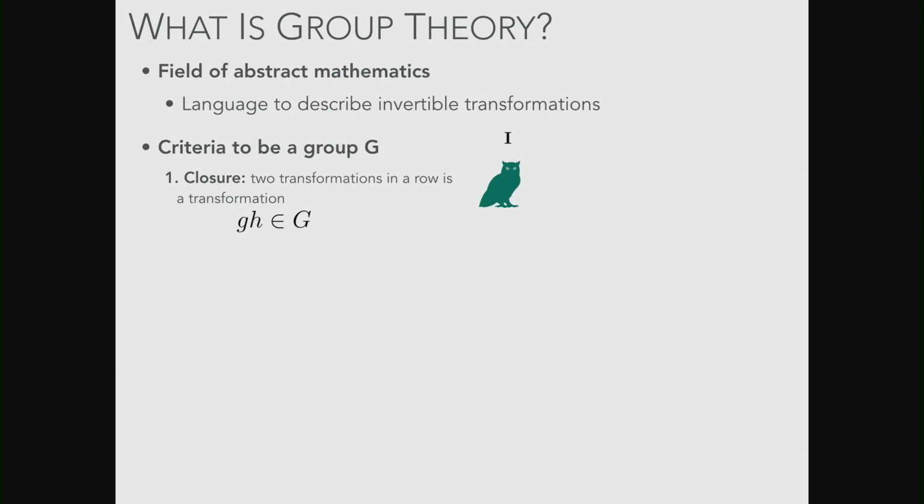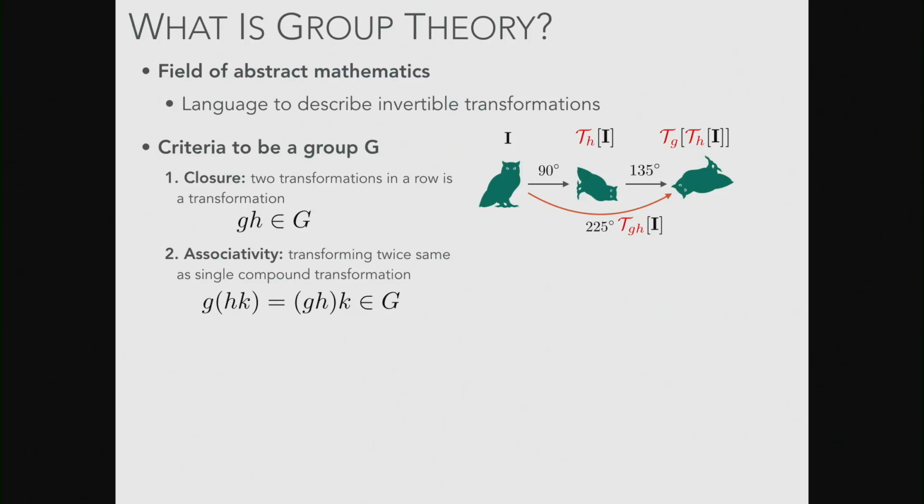So one of the properties of a group is that it's closed. What this means is that if I take a picture of an owl, and then I apply some transformation to it, like a right-angle rotation, and then I take another random transformation in my set of transformations G and apply it onto the transformed image, then basically 2 rotations should also be a rotation. That should be kind of intuitive, hopefully. So no matter what combinations of rotations I take, I should always have a rotation.